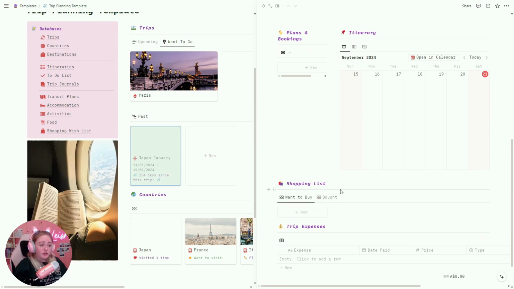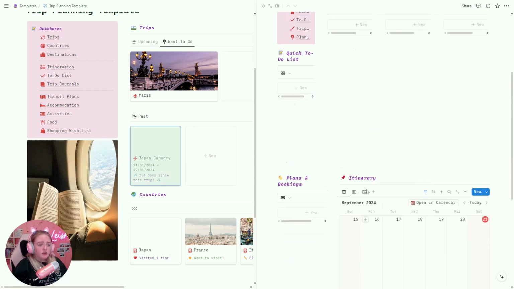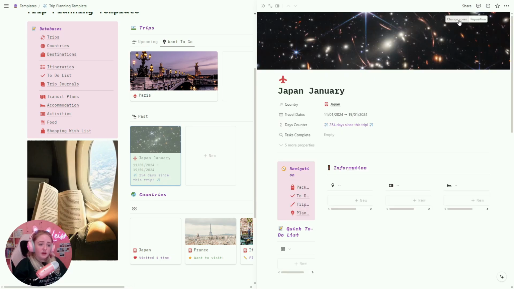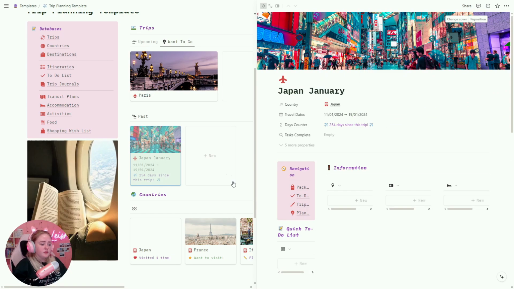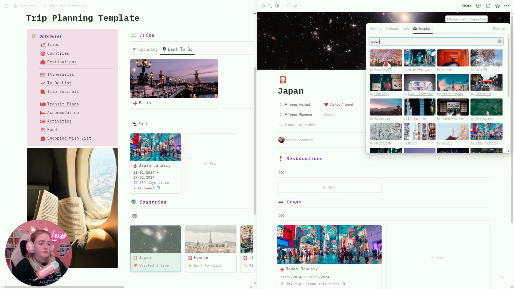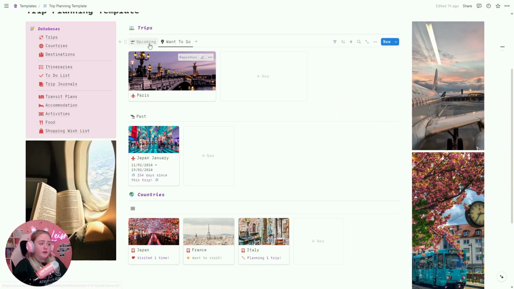If you have a past trip that you want to put all this information in, like I did for my Korea trip in December, you can do that. Or you can just add them here so you can just have a little visual view. Add another cover. And a cover for Japan itself as well. There we go. So now we have an upcoming trip, bucket list trip, and a past trip, as well as